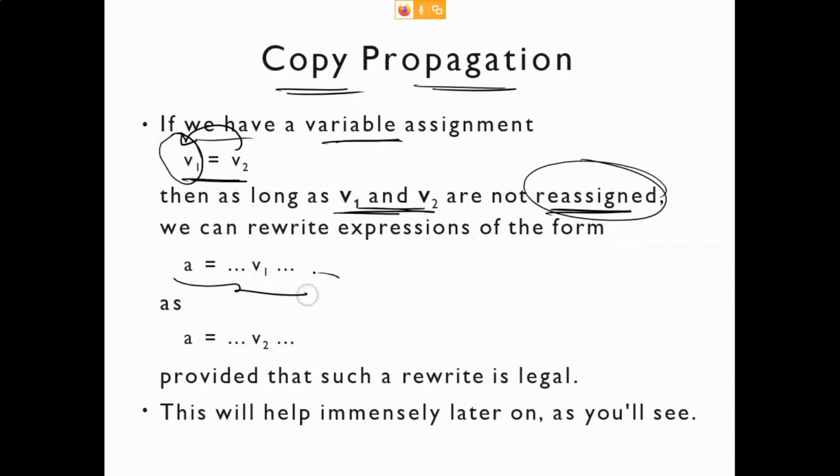So you can replace this statement with this statement, as long as they are not reassigned.